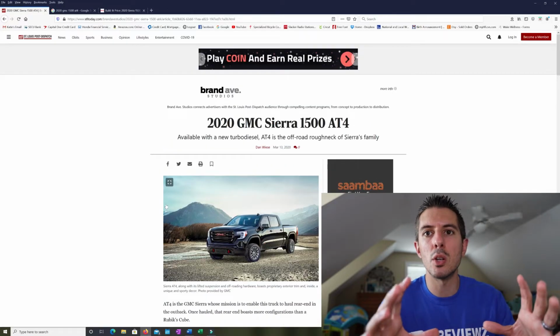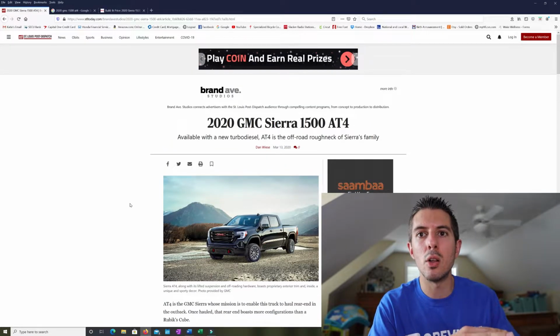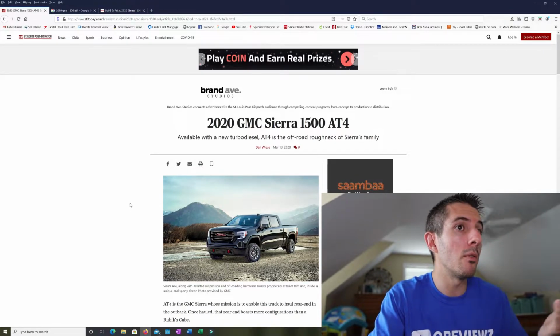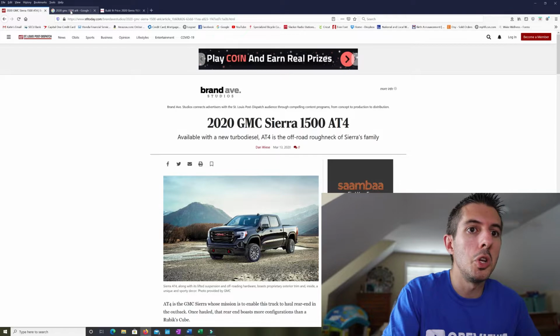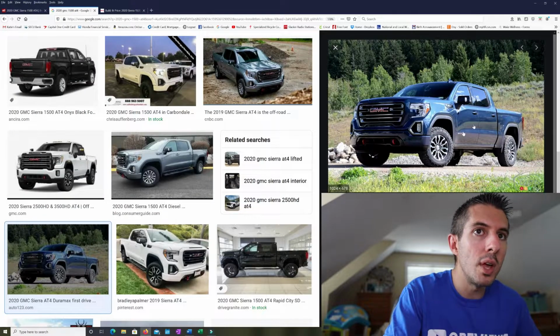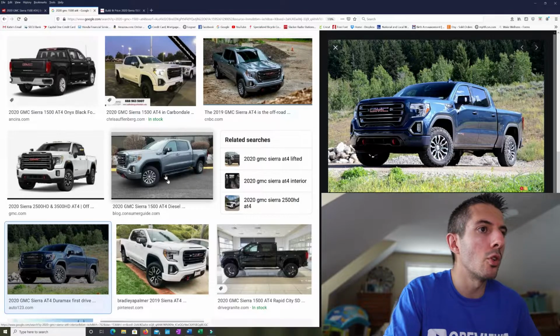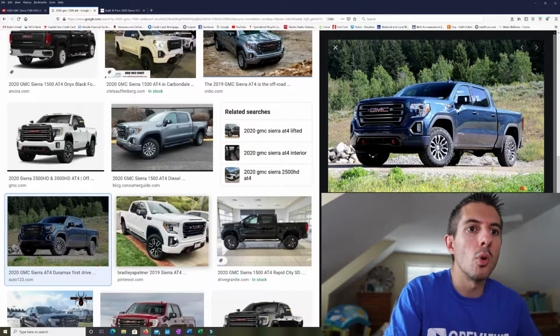The instrument cluster's digital, and the other one it's all analog. Kind of looks like a couple generations ago Chevy. However, you can get it with the off-road 18s with the off-road tires, or you can get it with the larger 20s with a little bit more all-terrain